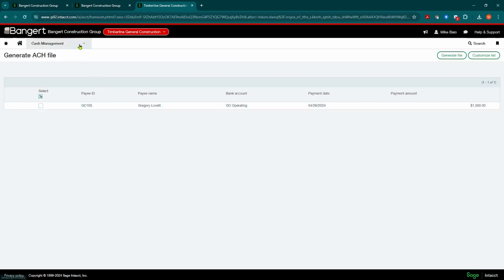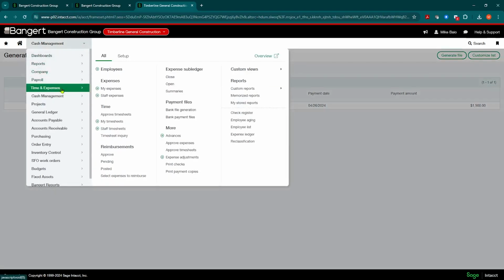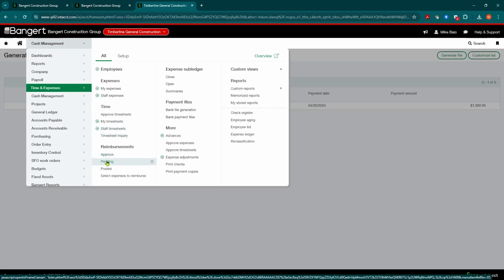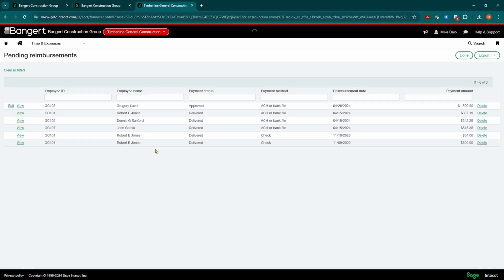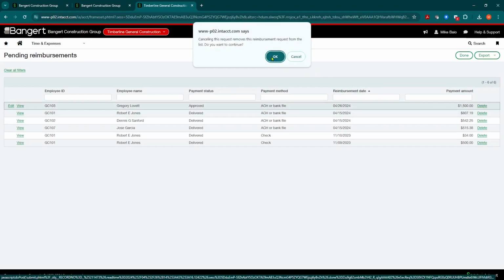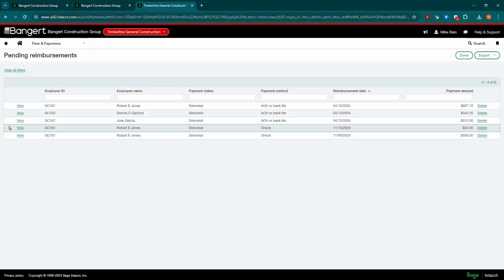So once you're done with it, you're going to go back to Time and Expense. It's going to be a pending reimbursement, so you can go back to pending reimbursement. You'll see it right there, and I can delete it out. And that's no longer on the list.